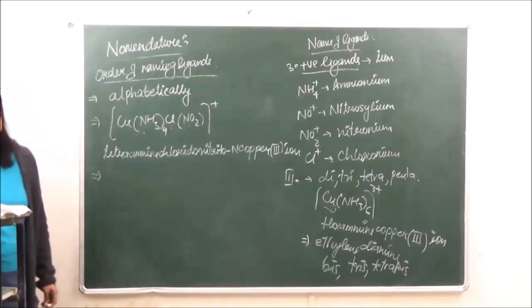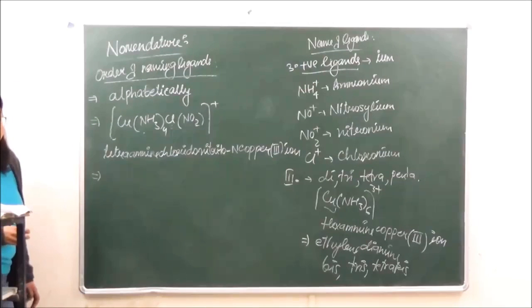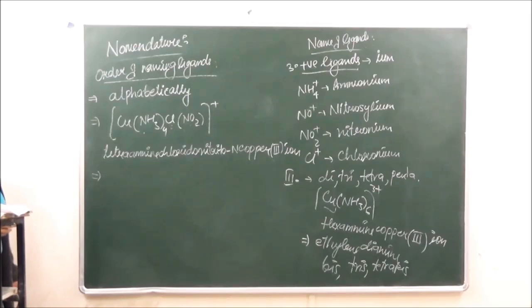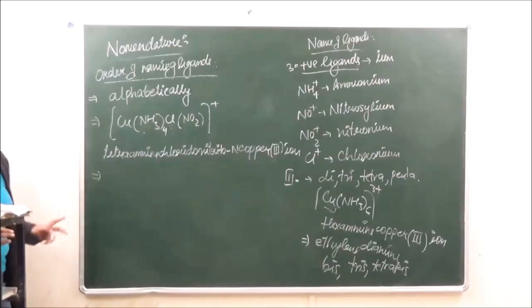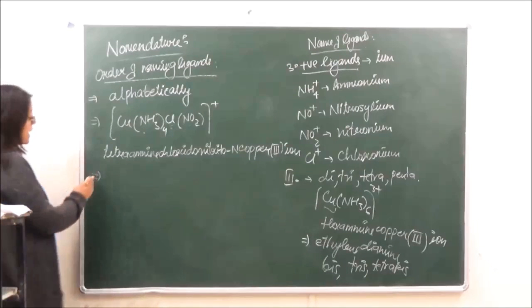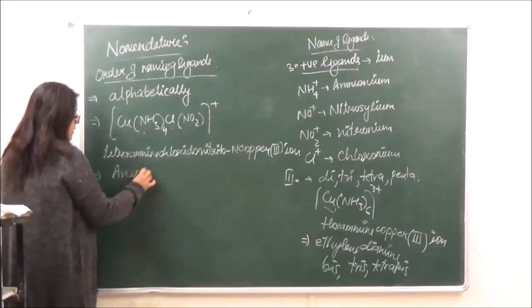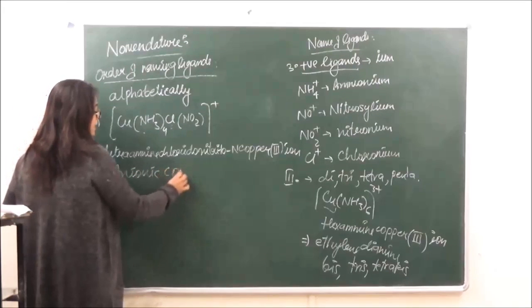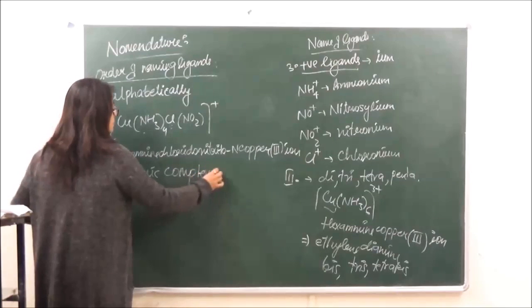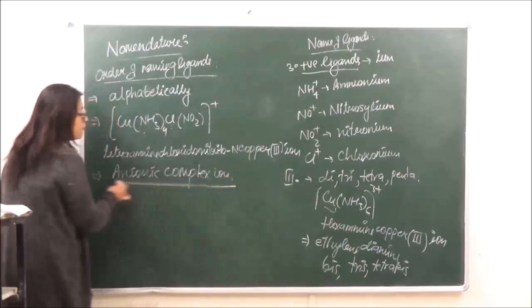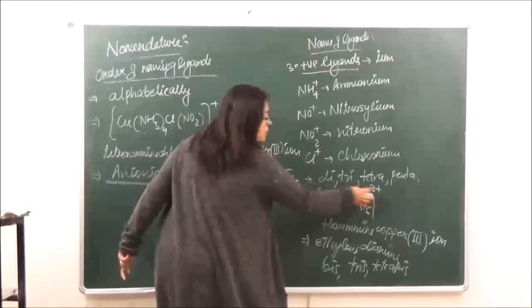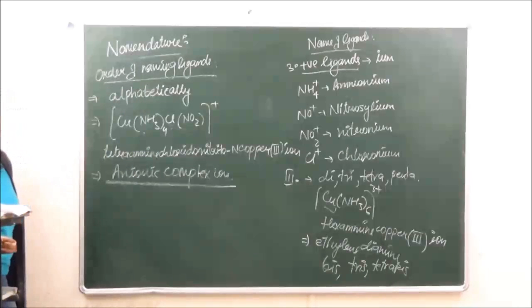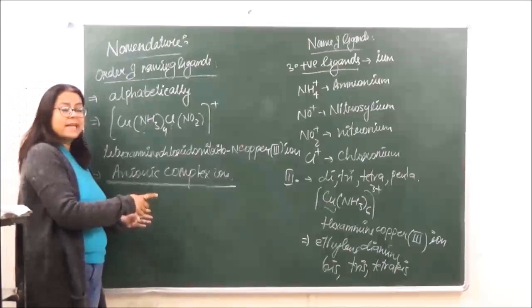Okay. Now when we have a complex positive ion, जो complex है, that is going to be negatively charged. All this that we have done is for any complex ion. Okay. Now if we have over here an anionic complex ion. अभी तक हम लोगों ने जितने भी एग्जांपल्स लिए उसमें हमने cationic complex ion लिया है. There's a positive charge here, there's a positive charge here. Now what happens if the counter ion is positively charged and the complex ion is negatively charged?